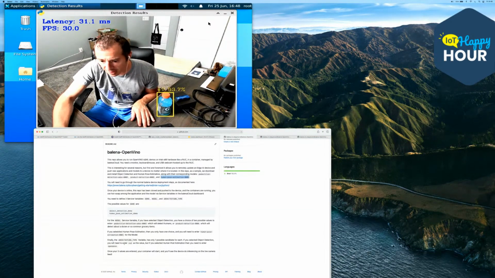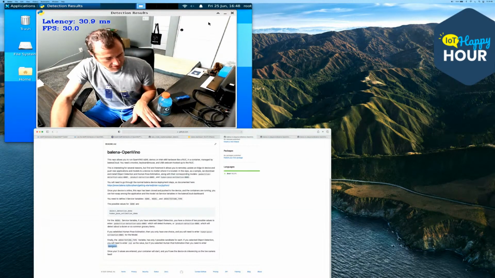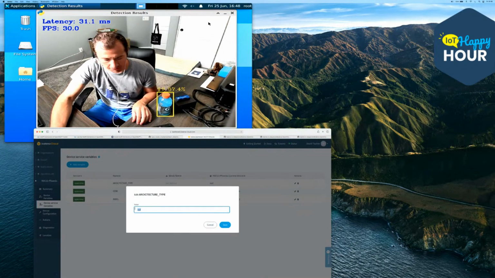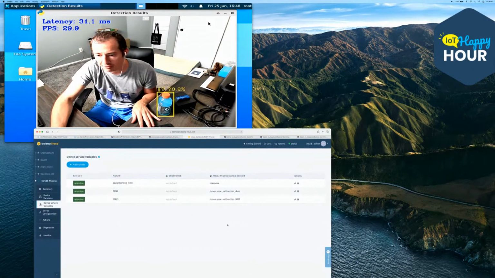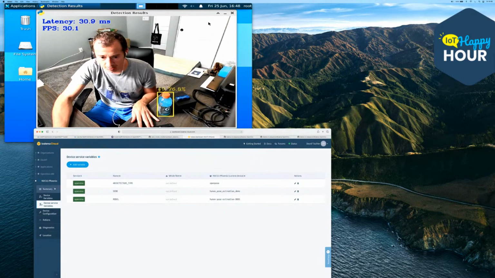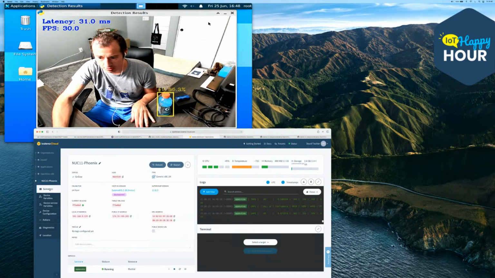And the very last thing is that SSD. We need to get rid of that too and move to the OpenPose framework architecture type. Now, again, say your prayers.